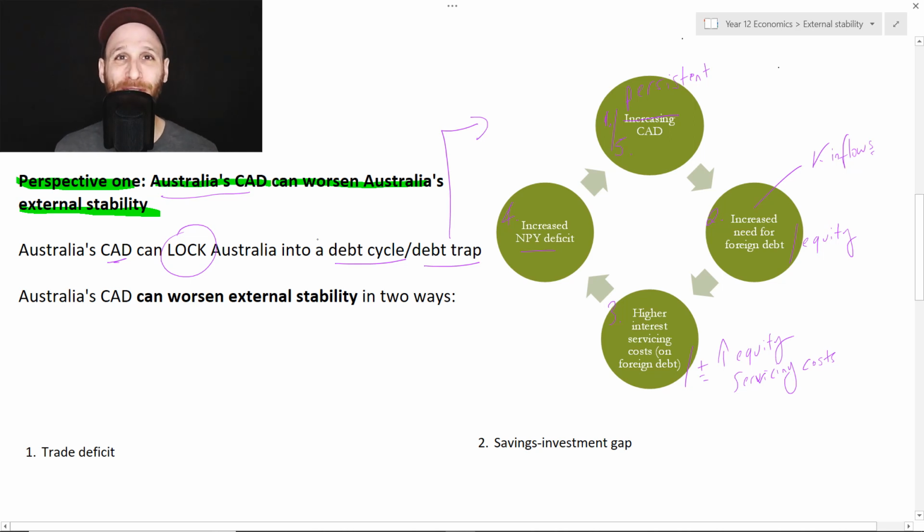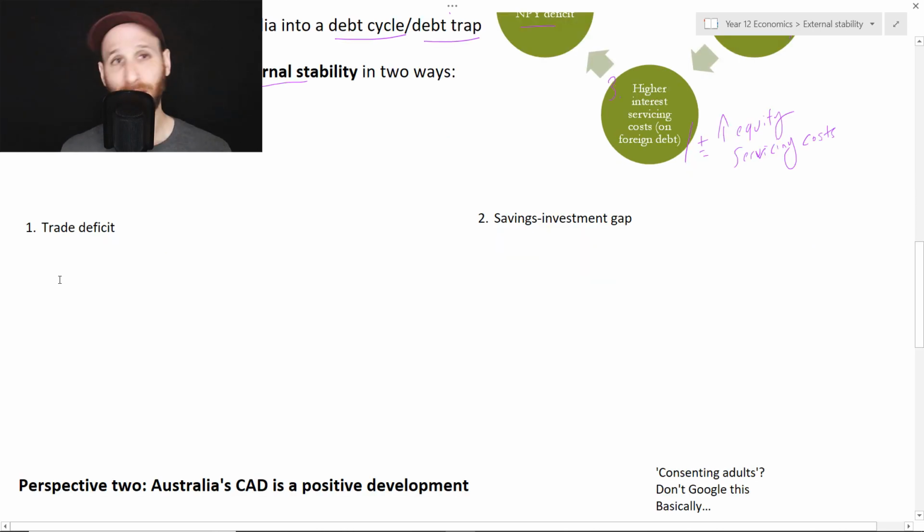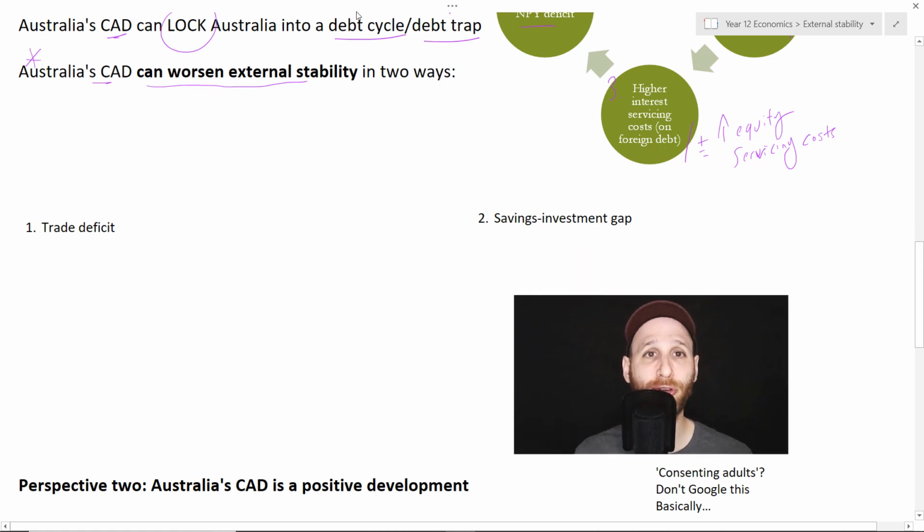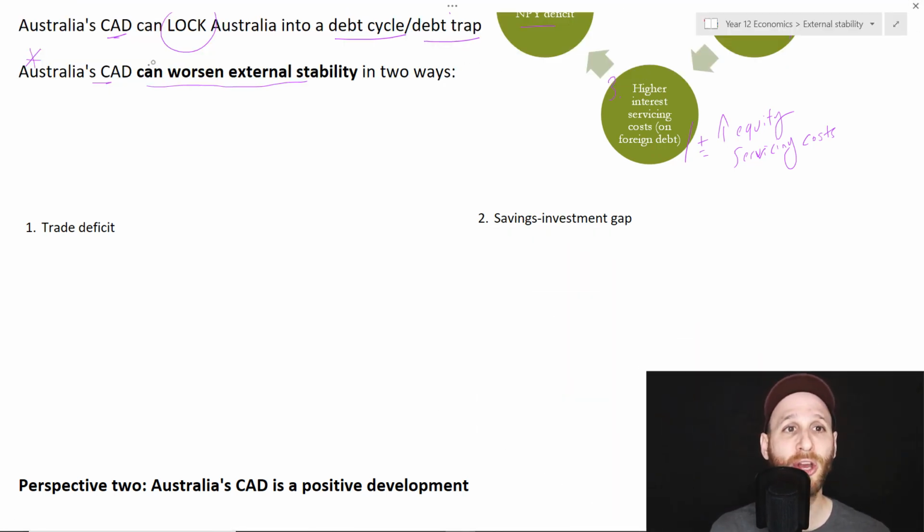So the idea is that the fact we start with a CAD can keep or cause the CAD to persist. So if we're looking at it even more specifically, what we say is that Australia's CAD can worsen external stability in two particular ways. One is in terms of trade, the other is to do with the savings investment gap. So let's set it up first in terms of trade. What we're talking about here is that let's say that we've got a situation where